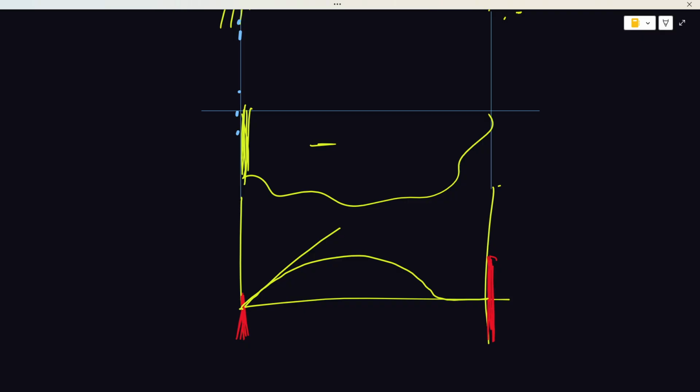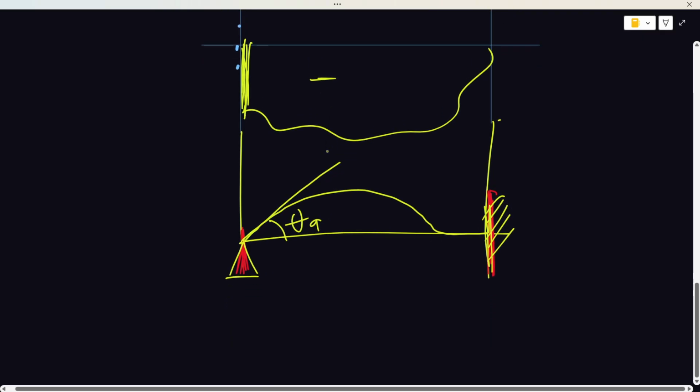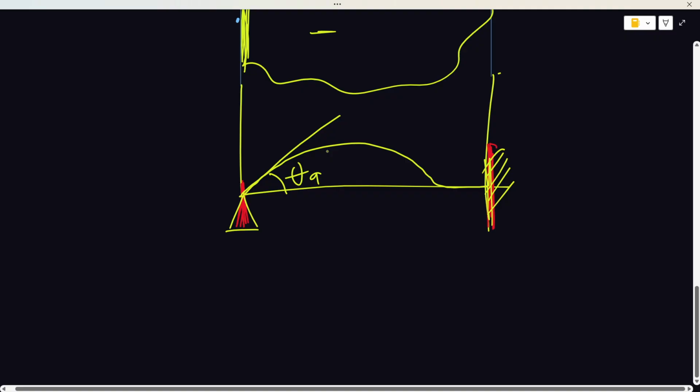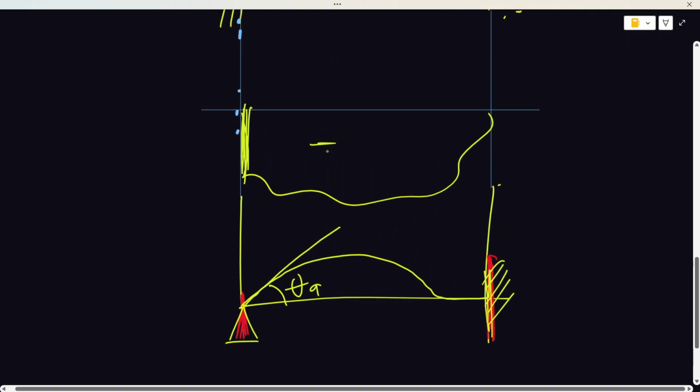Where at A, of course, the slope for a hinge end. Remember that this was a hinge and this was fixed. So I just wanted to show you the elastic curve. This is the elastic curve you now have. So once again,